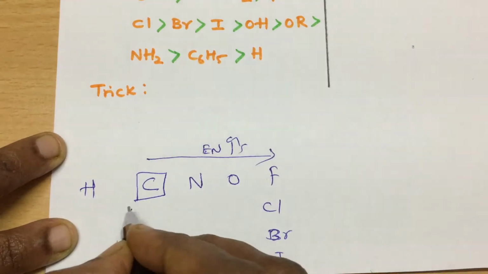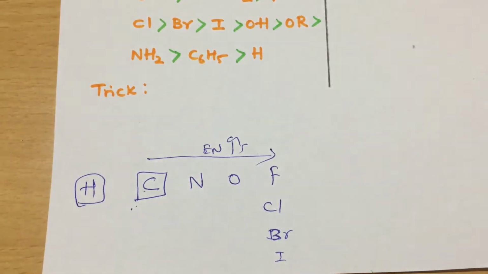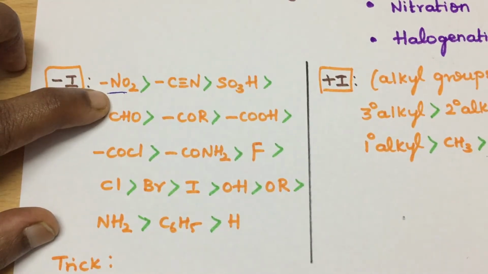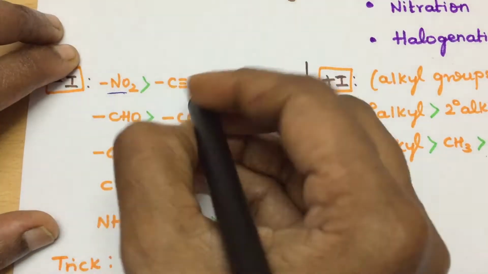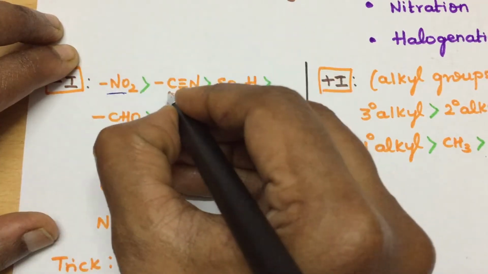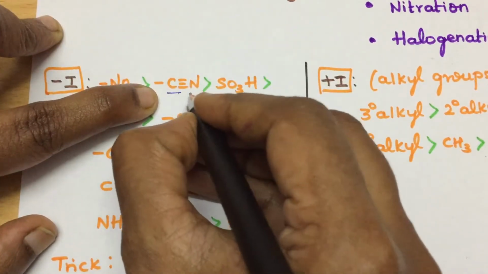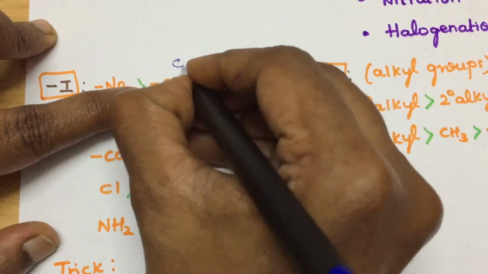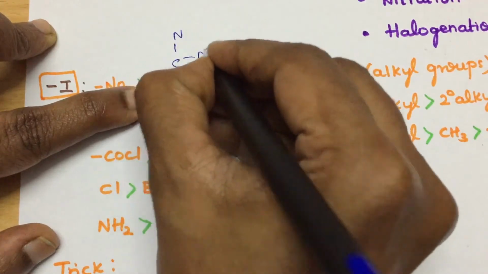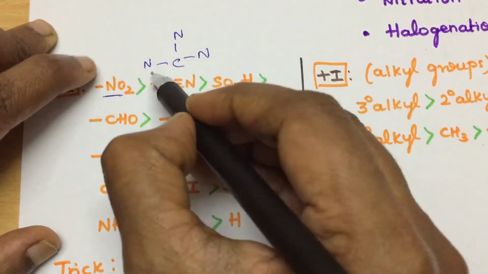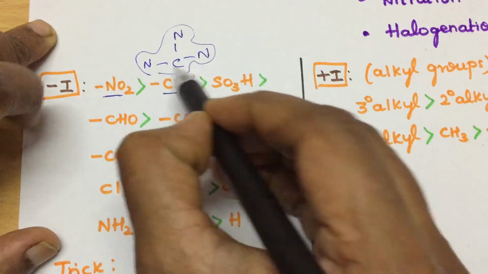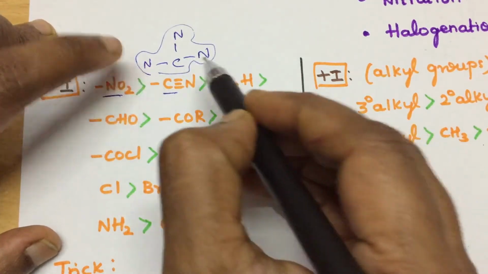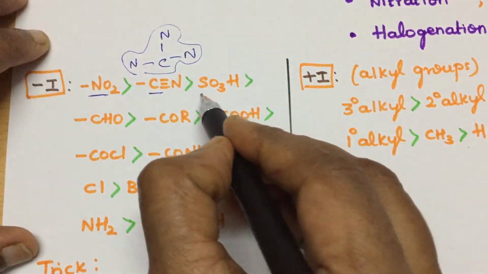Okay, so hydrogen is what? Less electronegative than carbon. So this you have to keep in your mind. So nitrogen is more electronegative than carbon. I told you this starts with the starting atom carbon, but in cyanide it is a triple bond to N. That means carbon is attached to nitrogen three times like that. So this makes the entire unit more electronegative. Okay, so this is more electronegative, and I already told you.